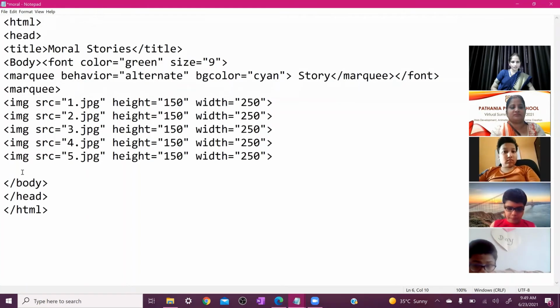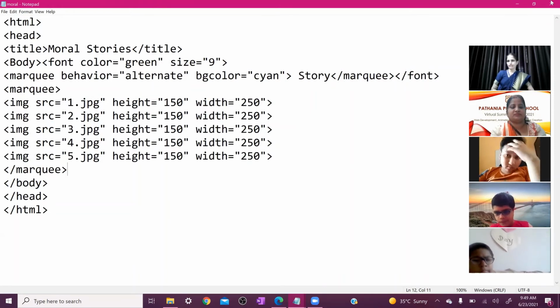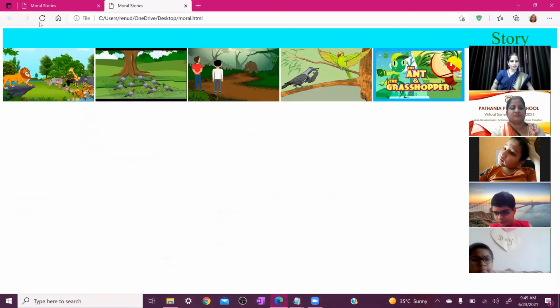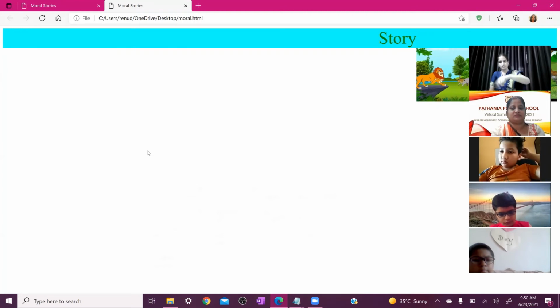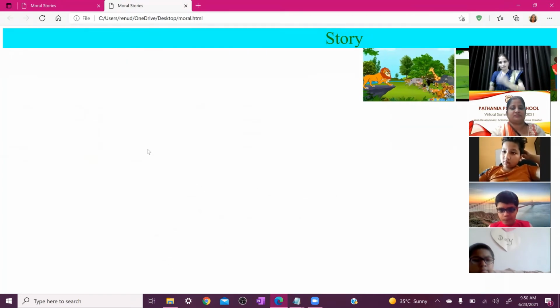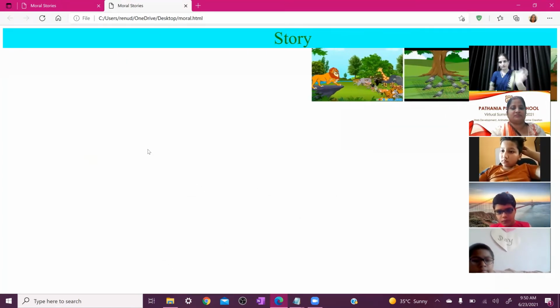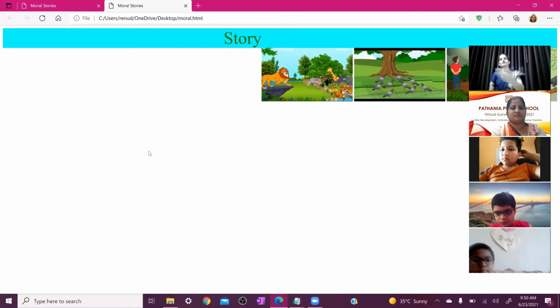And after all these images, we need to close the marquee tag here. Okay, now you save it, minimize it again and refresh it here. So now you can see all images are moving on the screen. Now you can see your first image, second image, third image, all images are moving on your screen.